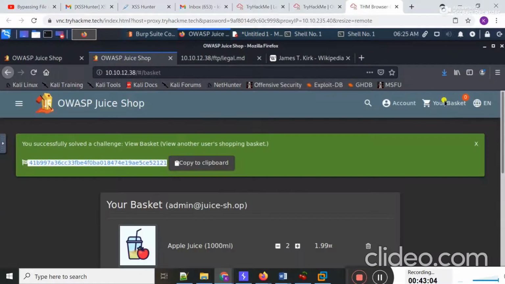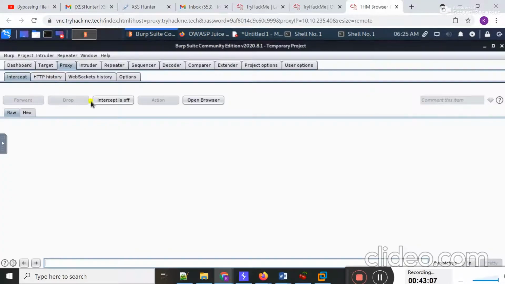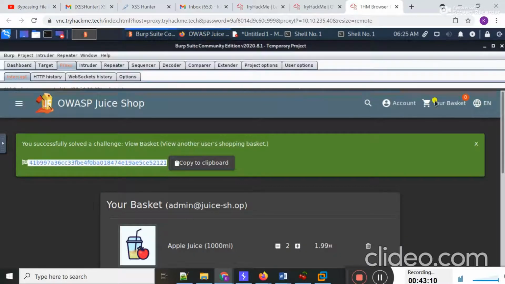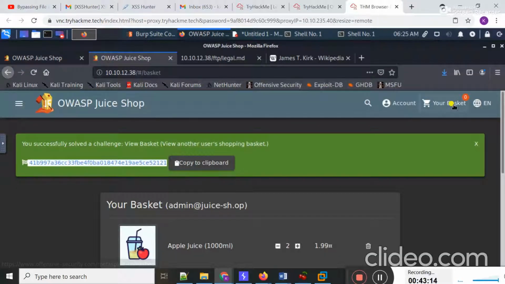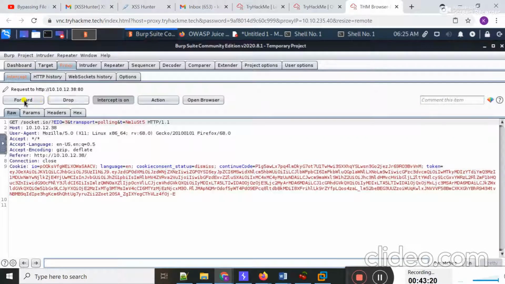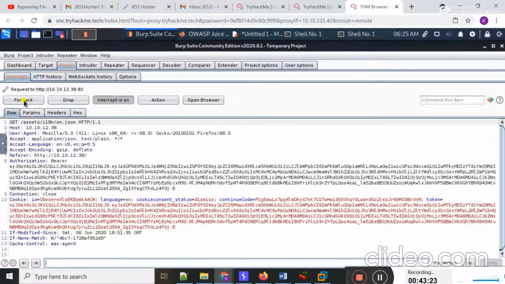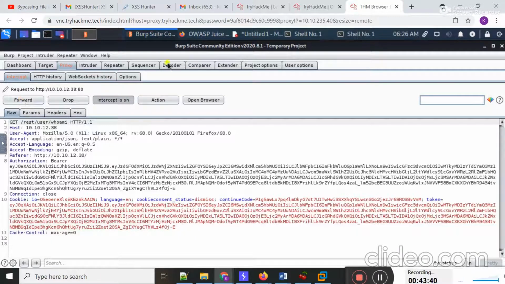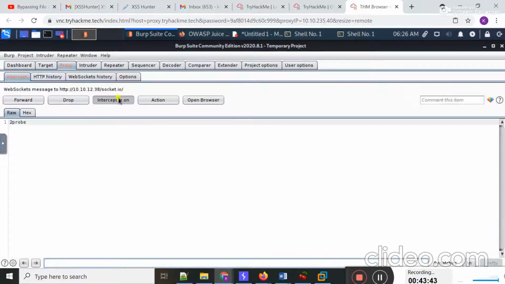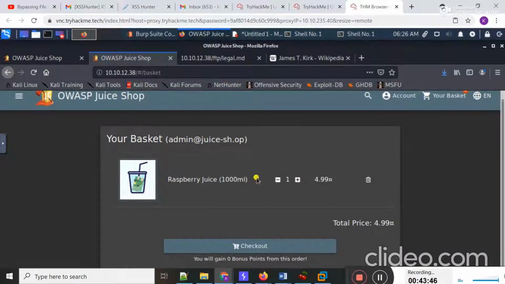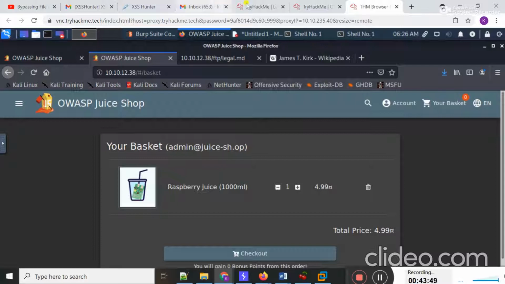In Burp Suite, if you turn the intercept mode on, and again I copy my your basket request, again I am going to the basket request, okay, here you can put 3, and now if I forward my request, here you can see all the result is present for basket number 3.